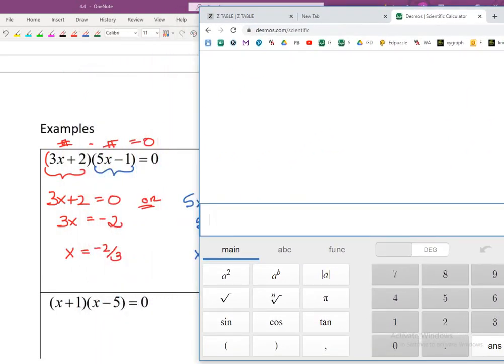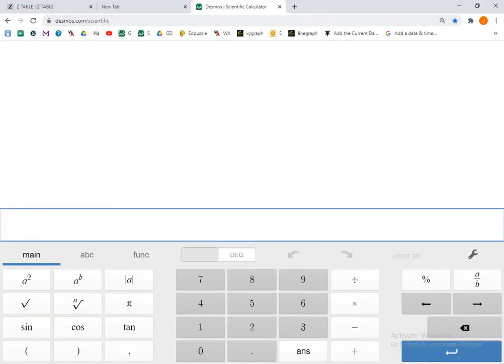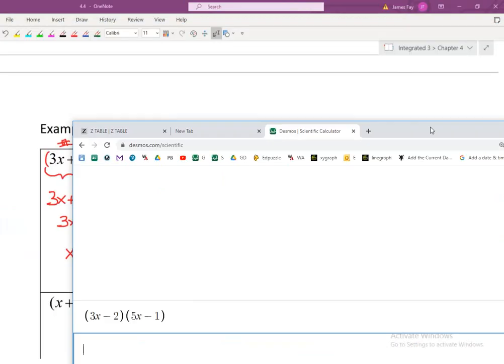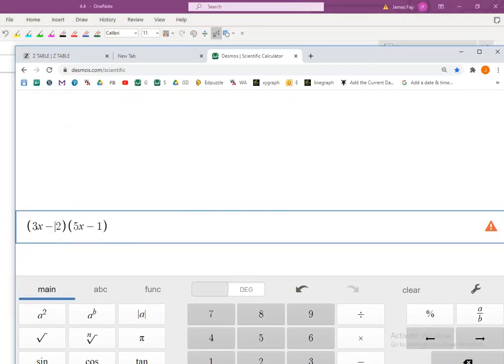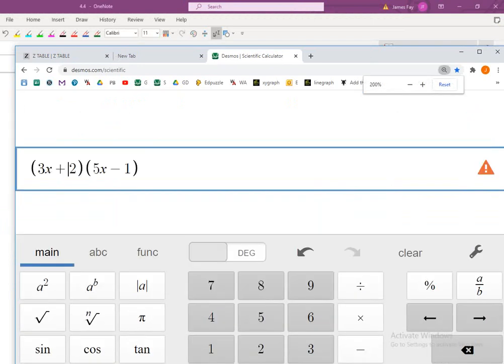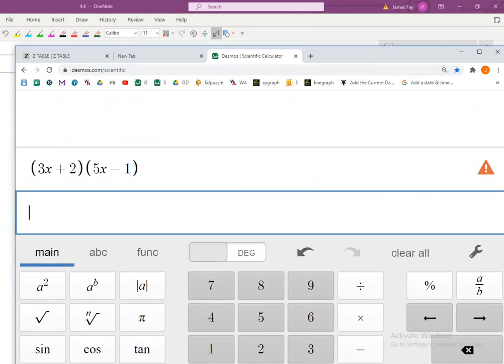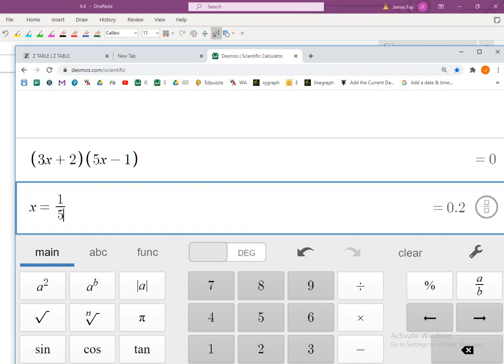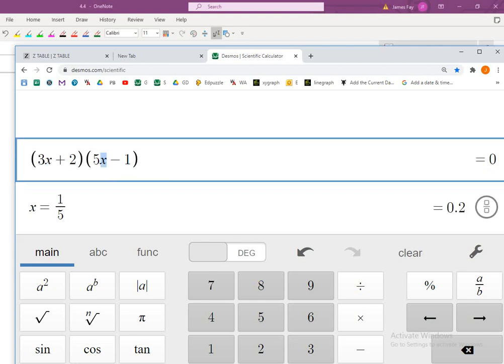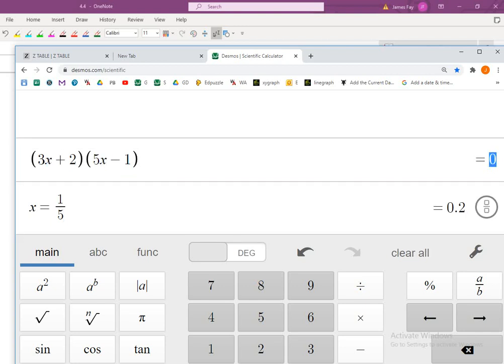And what do we like to always do? See if that makes sense. So we had 3x minus 2 and 5x minus 1 was minus 2, or plus 2. Okay, so we've got that. And I want to see, okay, what we're saying then is if x is equal to 1/5, when I put x right there and I put x right there, do I get the 0 that we're looking